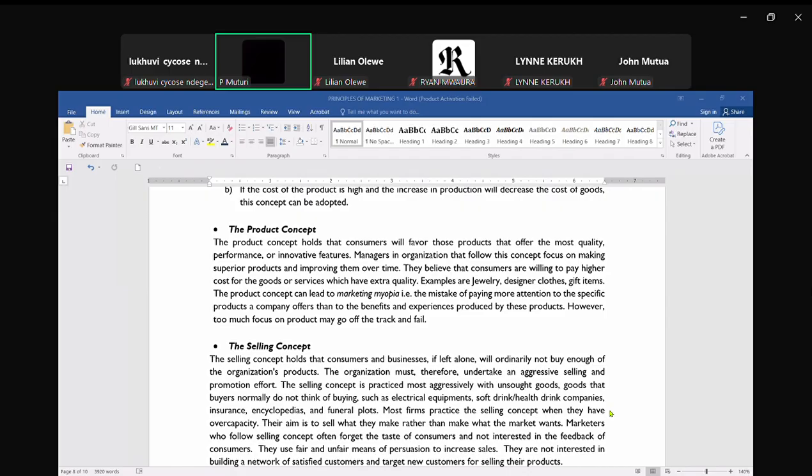Because the basic car, if it's a Vitz or whatever, there's still a big market for that. They want convenience to move from point A to B. They can afford this much. But you also want to have those that are on the high end. And we are going to look at that when we are discussing market segmentation. There are those that we call the upper income groups, middle and low income groups. And that's how society is.